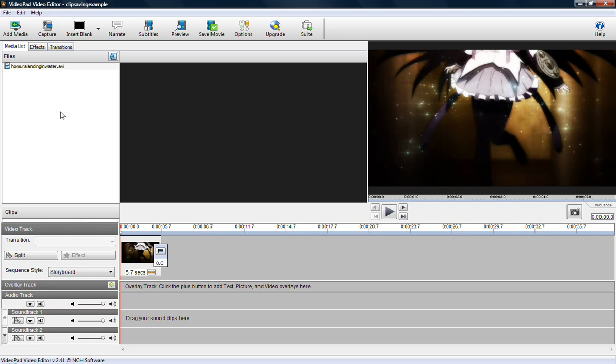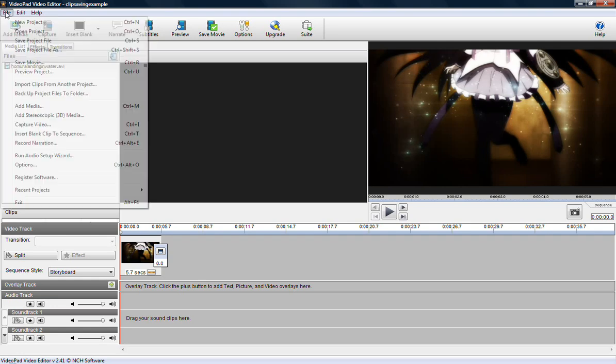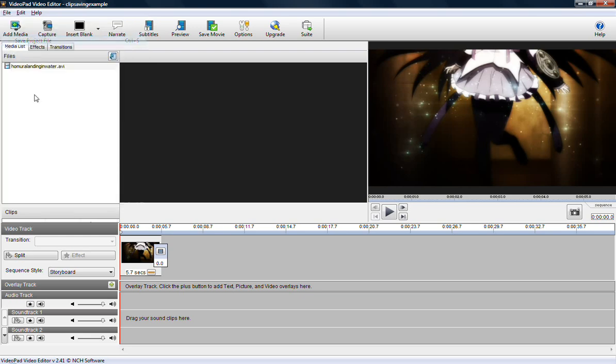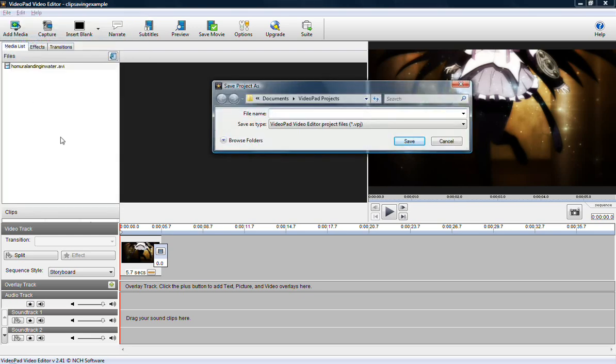Now that you've made some progress by either adding ready-made clips or cutting your own custom clip, it's a good idea to save that progress. There are two ways to do this. The first way is by saving this as a VideoPad project file. In order to do that, simply go up to File, Save Project File or Save Project File As, and then a standard save prompt will come up.